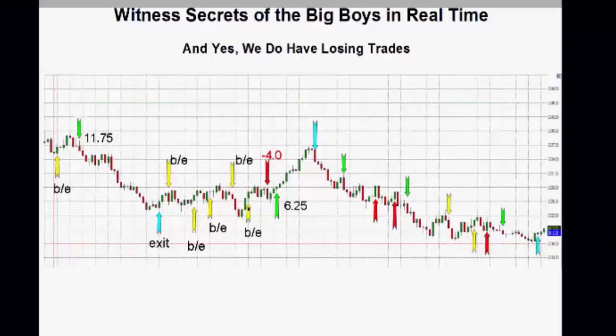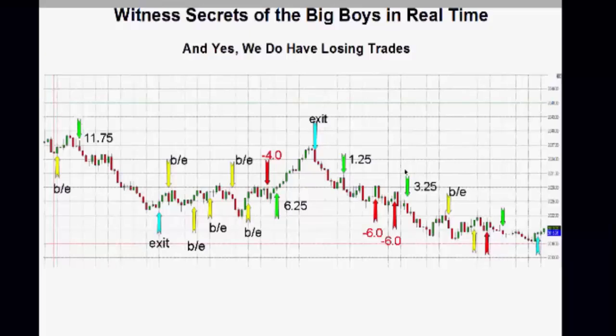And then we finally get on, we find the run, we take 6.5 points, we exit here. Really should have went short there, but we finally go short here. Don't get much out of it. We take a loser here, and we take another loser. Okay, and geez, wait a minute, Tom, you're getting beat up here. We have this sometimes. Not very often. This does not happen often. I just wanted to show you some of the things that we do run into.